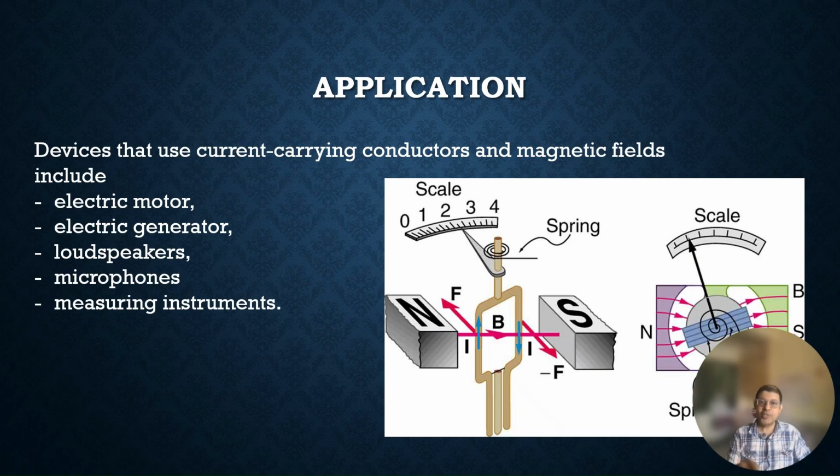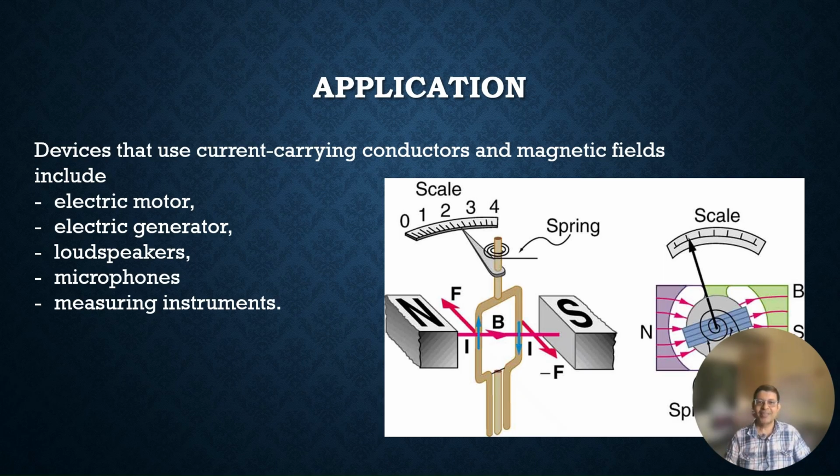Next, because of this magnetic force, they're not just theory. They actually exist. We have seen the deflection of the aluminum rod. That means the force exists. So we can use this concept to make instruments. We can make electric motors, which convert electrical energy into mechanical rotation, or electric generators, which convert mechanical energy into